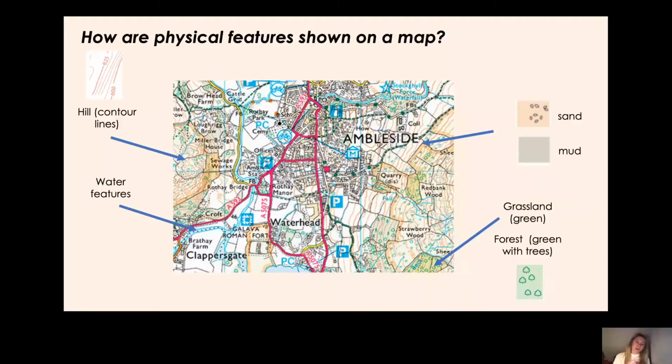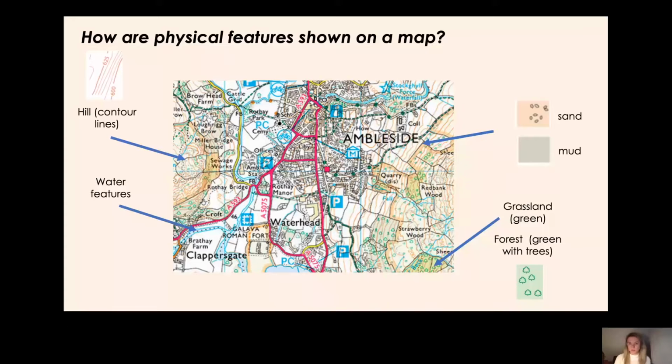And then we have the thick blue line. So can you see my arrow going from water features? That is pointing to a thick blue line. And that shows a large river, so a major river. And then we also have the tiny little thin blue lines, which represent water features like streams. Okay, there's not as much water there, but they are still shown on the map using blue because they are